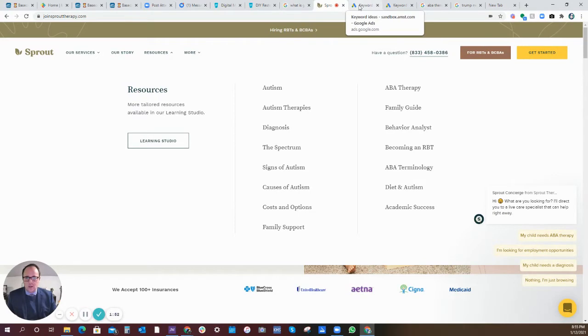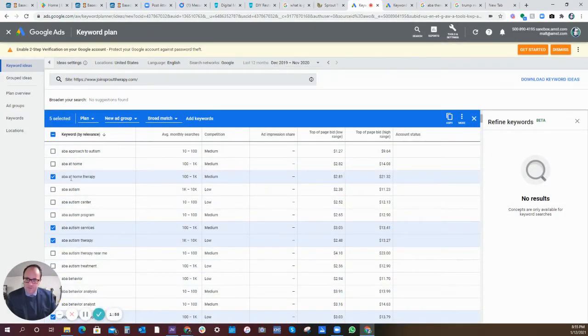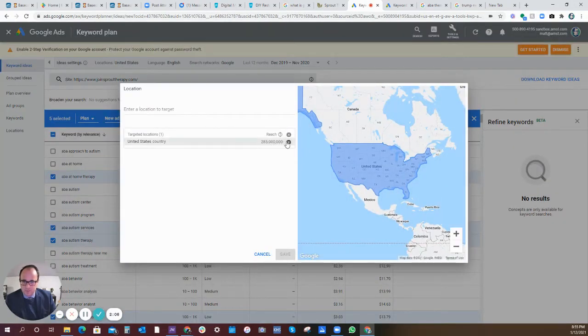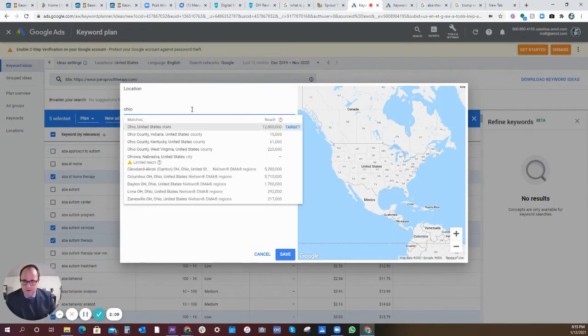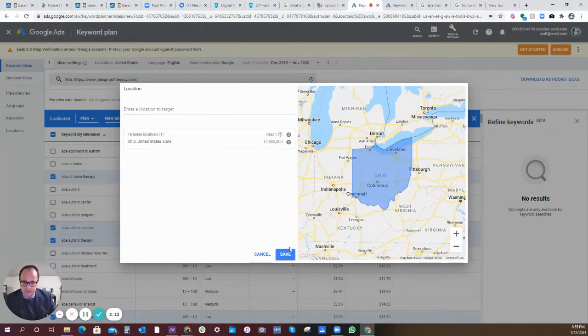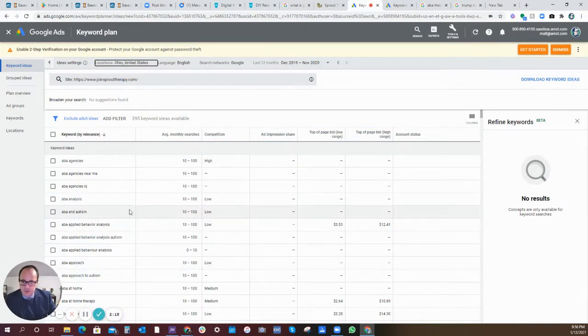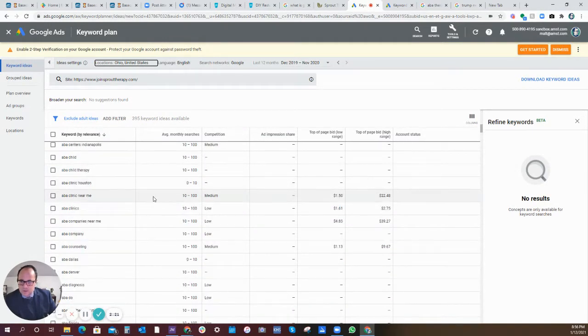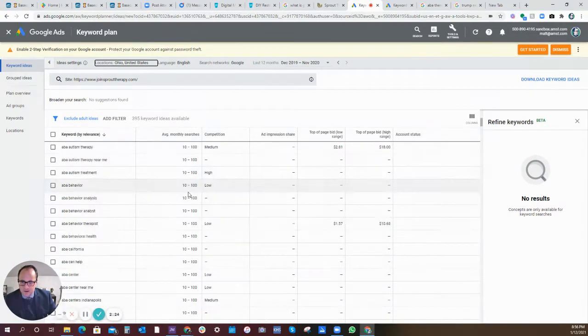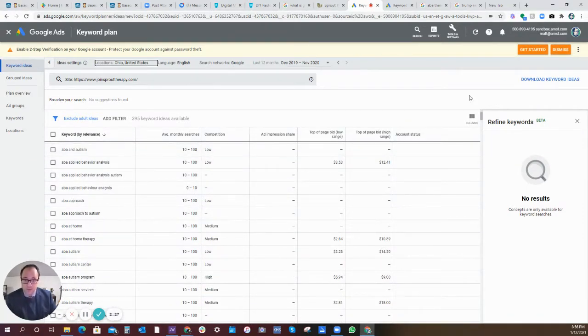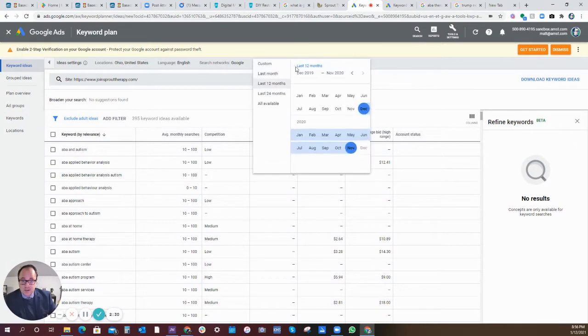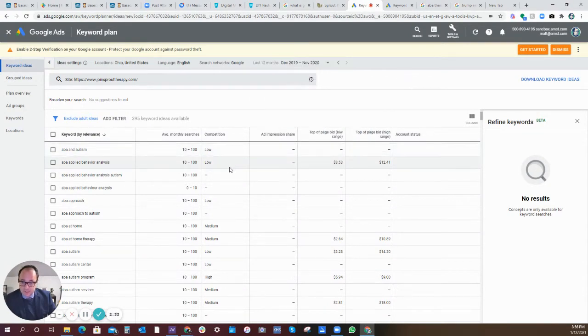Anyway, if I go to the keyword planner, I checked a few that you can see here, a few keywords that have a high search volume every month. And let me narrow this down a little bit more, to just the state of Ohio, USA. Now, I don't know if you're licensed in more states or if you want to target more states, but anyway, it doesn't get a whole lot of monthly searches, but there are enough. And this is for the last year, the last 12 months of data that's been collected.